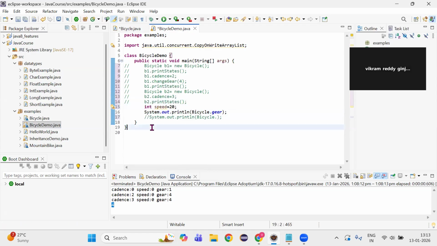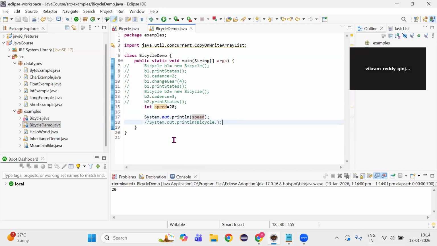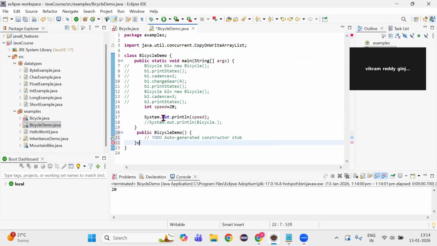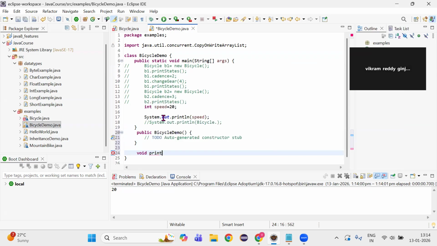If I want to print it, I can print this speed here. Now if I write another method, void printMethod, with the same statement I want to print, and I try to print this local variable there,